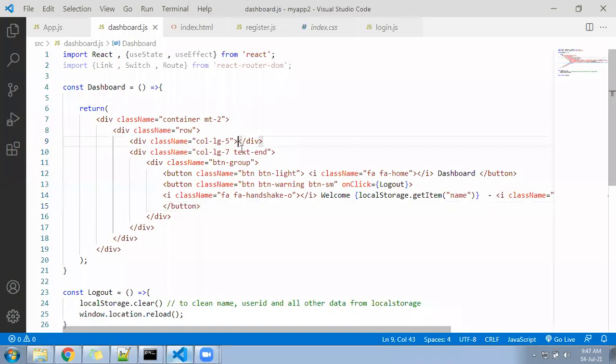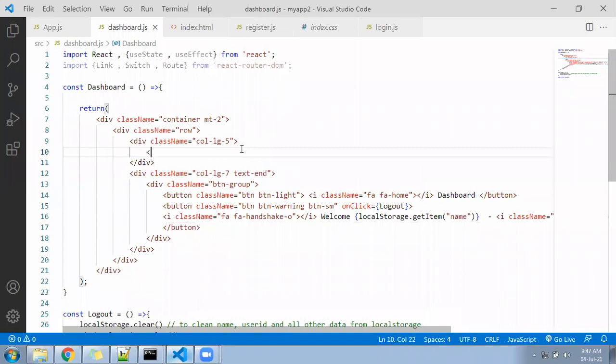Okay, now after that, on the left-hand side, there should be something. Some name should be written. Let's write a dummy name as of now. We can use H1 or maybe H2 and write some name inside. We'll decide what we are going to add in this project. My React application, you can write that as of now.